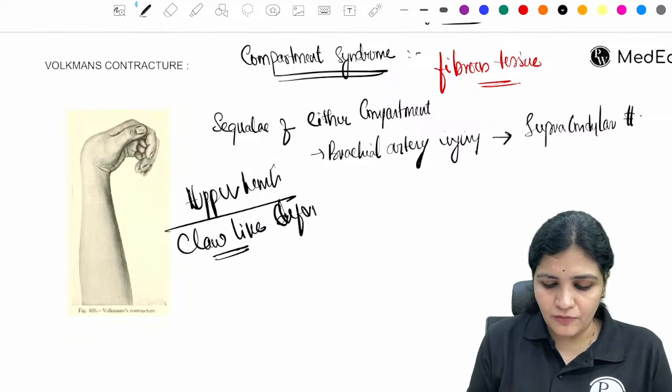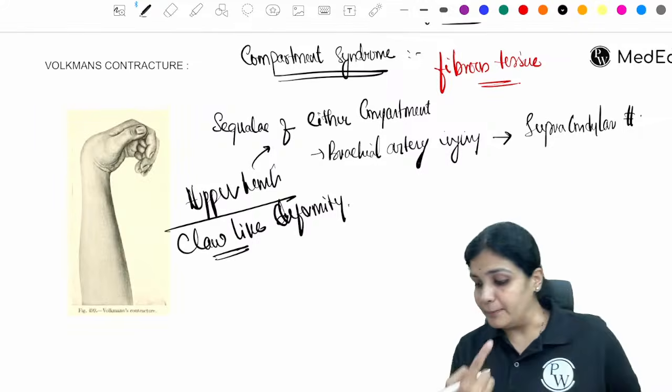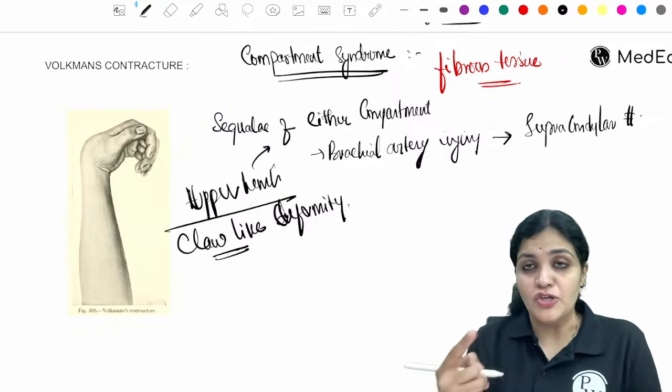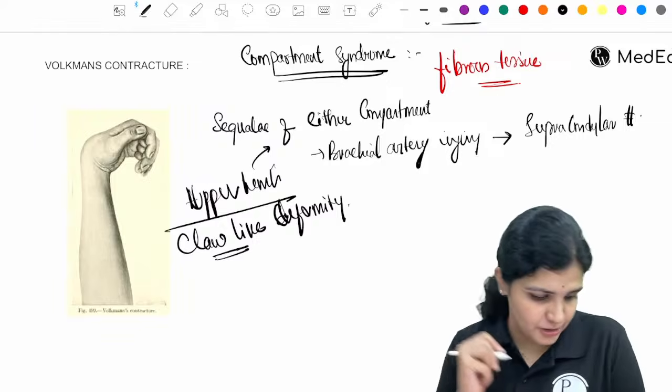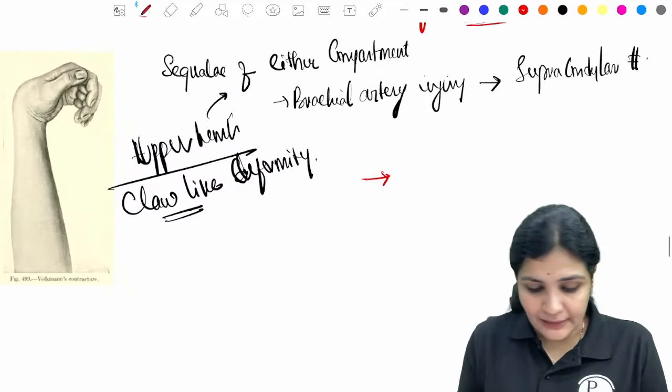It is a claw-like deformity of the upper limb which occurs either as a sequelae of compartment syndrome or a brachial artery injury in case of supracondylar fracture. That is what you have to write. And then what you have to write,